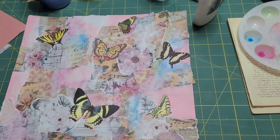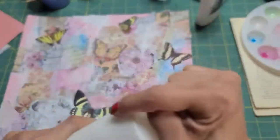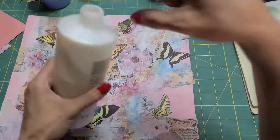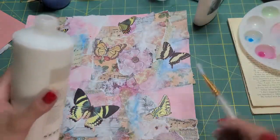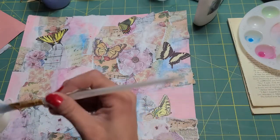Okay, so we take our clear gesso. I have really cheap clear gesso. This was, I don't know, maybe even a Walmart buy. It was very cheap. Not a good clear gesso. I would recommend something better; this doesn't dry as matte as I would like. It has a little bit of sheen to it, which is never what you want, right? But so I use this,